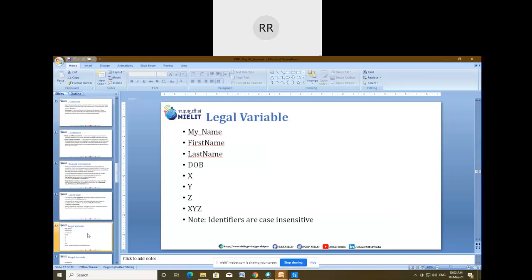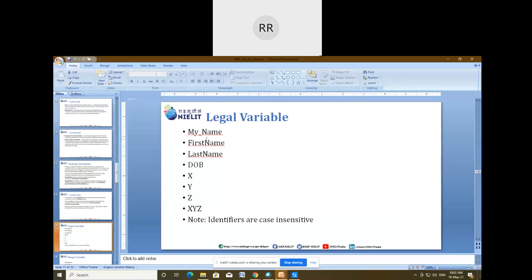So now I am going to discuss the legal and illegal variables, or you can say valid and invalid variables. For the creation of a variable, we have to follow certain rules. We can create the variable in upper camel case if we are following the naming convention, but if you do not follow the naming convention, then something like DOP XYZ, XYZ in one go, is all valid, or you can say this is a legal variable.